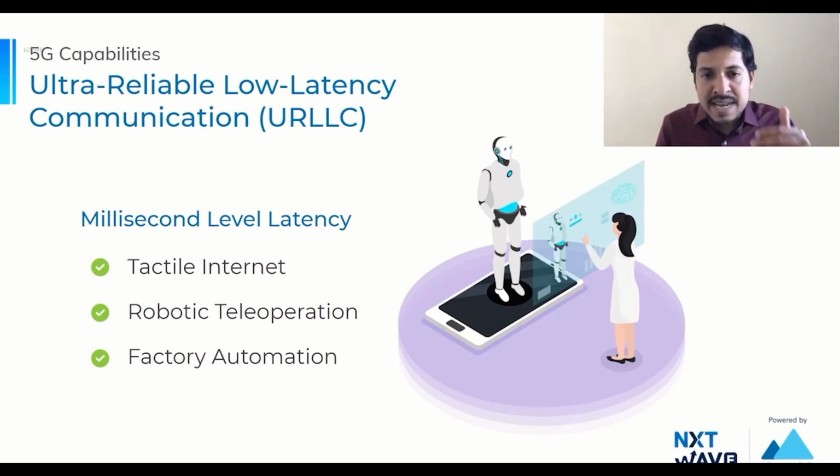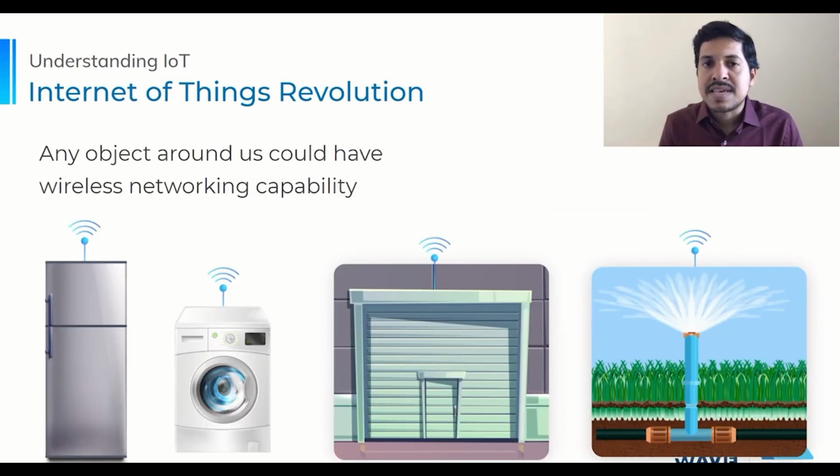So again, ITU in its vision document for 5G laid out URLLC, or ultra reliable low latency communication, which is millisecond level latencies over the mobile network, as one of the key capabilities that the fifth generation of mobile networks need to provide. So that's the second capability that 5G networks are going to provide that were not possible in previous generations. The third capability that 5G networks are expected to provide is called MMTC, or massive machine type communications.